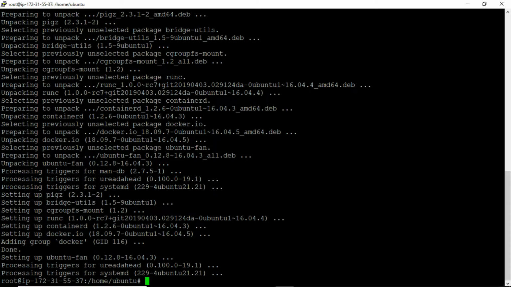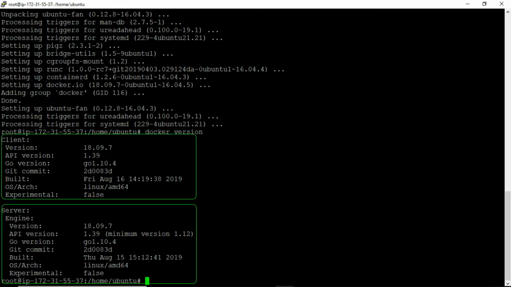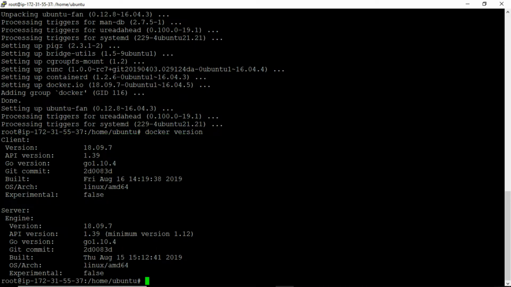And friends, with this now Docker is successfully installed on this machine. And so now let us verify this by executing the docker version command again. And with this, we can see the output of this command, and we can see that this output contains two sections, that is the Docker client section and the Docker server section. And here both the Docker client and Docker server have the same version, that is 18.09.7. And also we can see that both these components are present on Linux operating system.